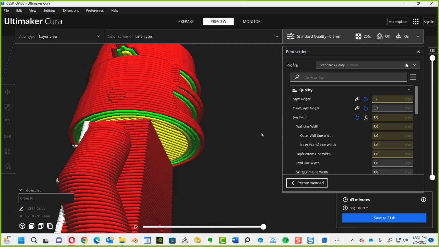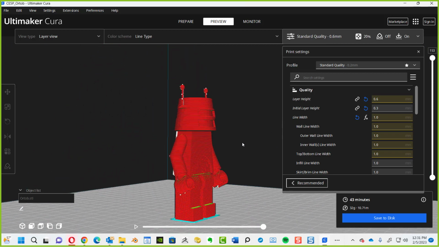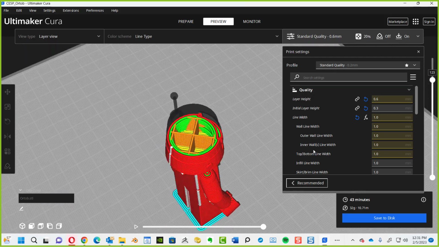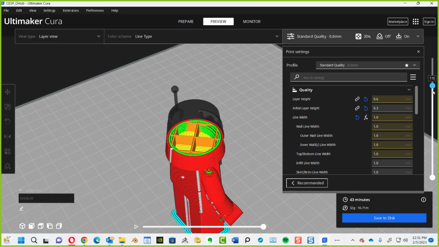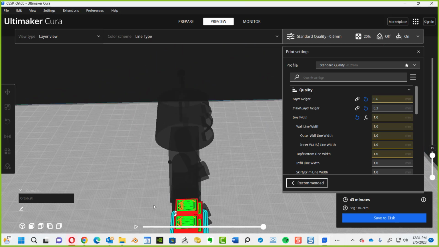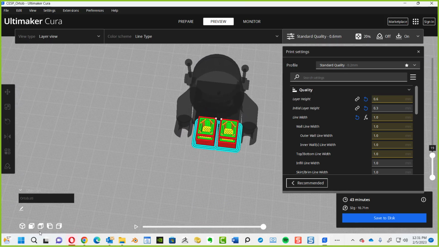This is what you're actually getting. So if I scroll this down and go layer by layer to see what it's doing, right? Now see, that's handy